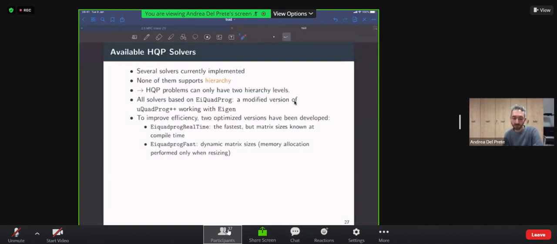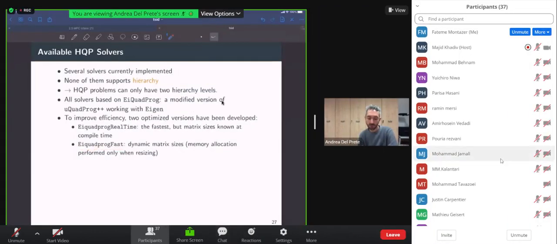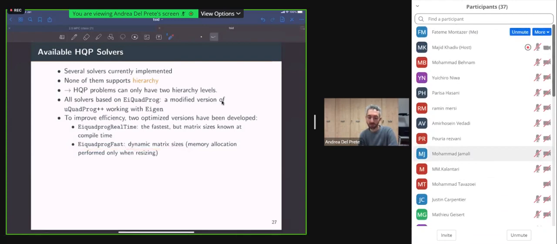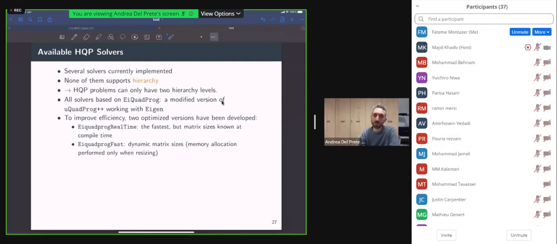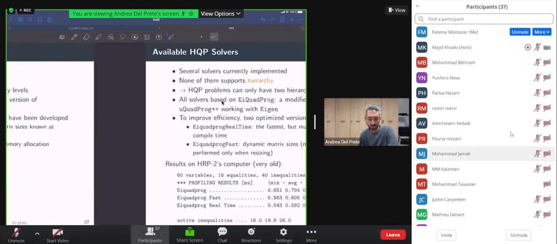If that's not the case, you can use the other version, called A-quad-prog fast, which allows for dynamic matrix sizes and performs memory allocation only when you're resizing the problem. Otherwise, there is no memory allocation going on at solution time.